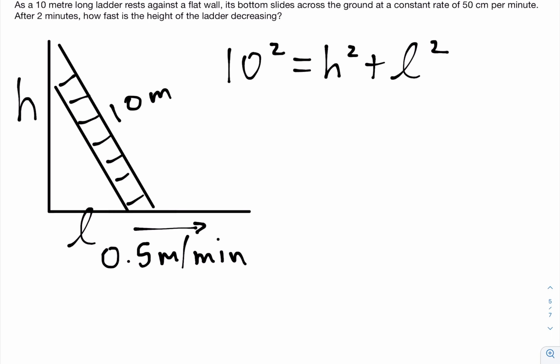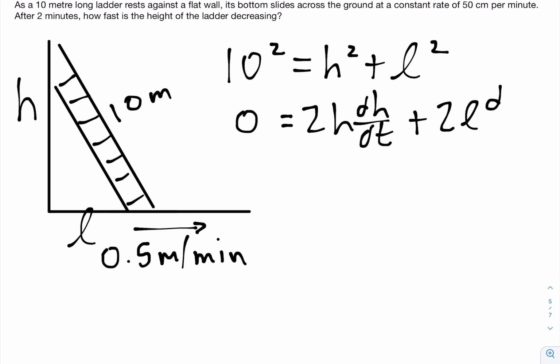So if we were to differentiate the left and the right side here, 10 squared is a constant, so the derivative of that is just 0. This is going to be 2h dh dt, and this is going to be plus 2l dl dt. Okay. So now that we know that one side's equal to 0, we can just start plugging in values. So 0 equals 2 times the height of the ladder,